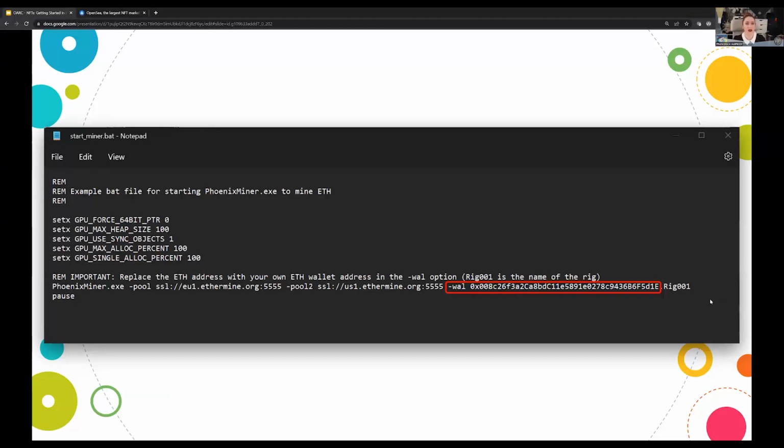The .rig portion here is the machine identifier. So for example, if you're running this program on more than one machine, but you want the Ethereum token to be transferred to the same wallet address, then you'll update this .rig to say .rig002 or .rig003, or it can be anything, dot, Francesca's computer 1, Francesca's computer 2. It really can say anything here, but the rig is essentially the machine identifier. So you can run this program on multiple machines and have it contributing to the same wallet.